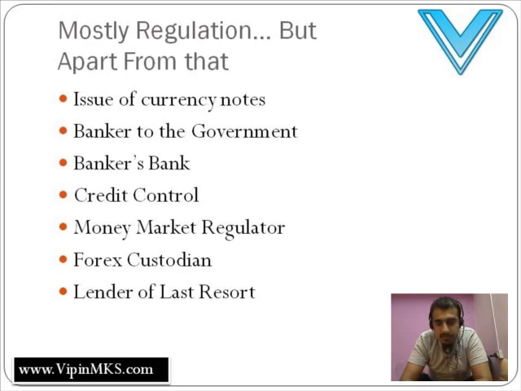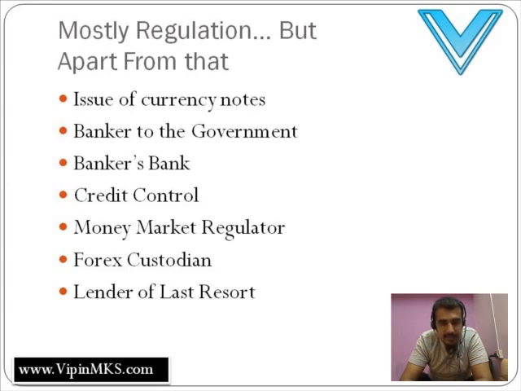The other one that you have there is the banker to the government. Now in one of my videos on public debt, I mentioned that the government of India raises money from external sources and in fact from internal sources. So how do they in fact raise money from abroad? Let's say they contact IMF. IMF would transfer money from their account to RBI in India, and RBI in India in turn transfers the money to the government. This is in fact how RBI acts as a banker to the government.